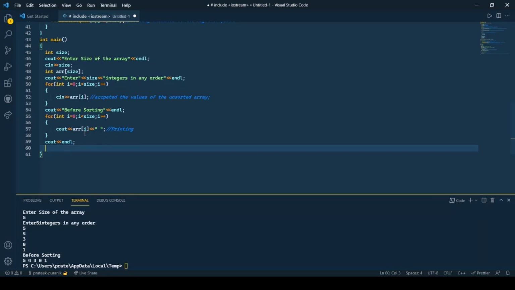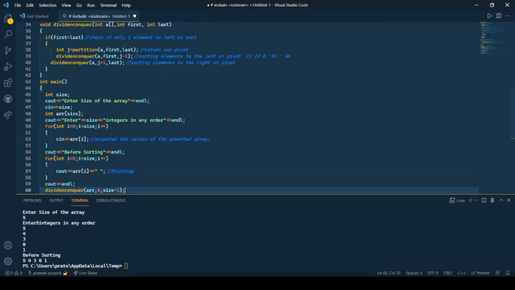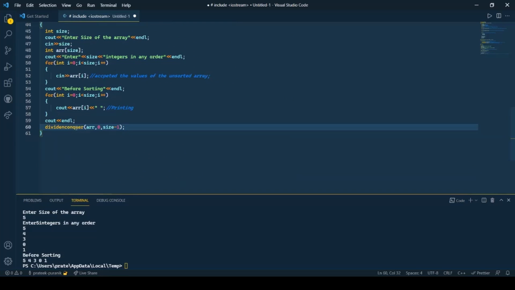First, we are going to call the divide and conquer in our main function. Over here we are going to basically pass the array, the 0th element and the size minus 1. That means we are basically passing the entire array to the divide and conquer.